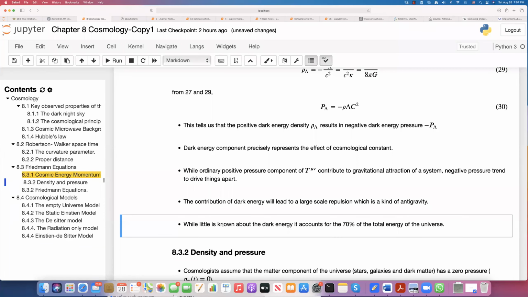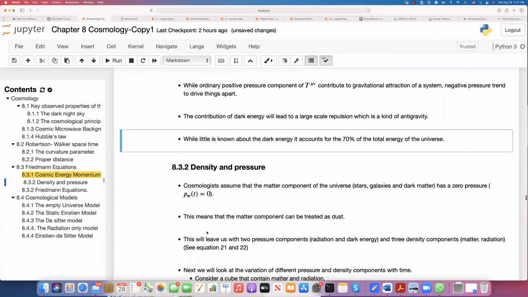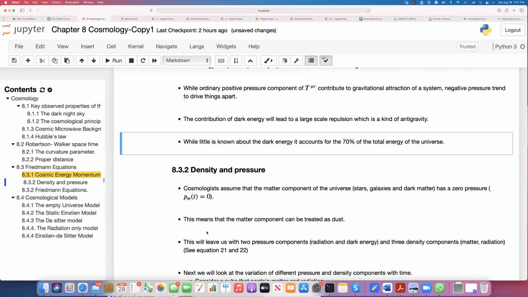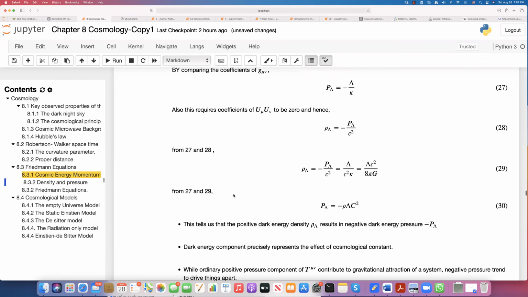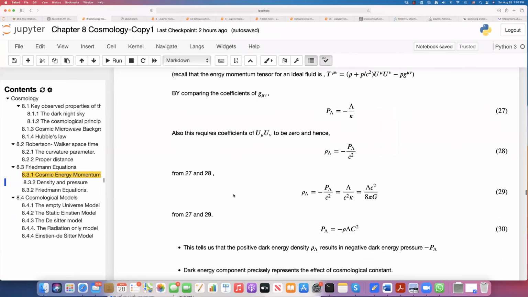We don't know much about this dark energy, which normally accounts for 70% of the total energy of the universe, right? And we also don't know much about the dark matter, which is again a considerable amount. So when you consider all these facts, we only know a very, very small amount about the universe, around 5% of the matter, right? You will get to know about these details when you read the last chapter. So that's why it is there, right? So that's some more information about the dark energy.